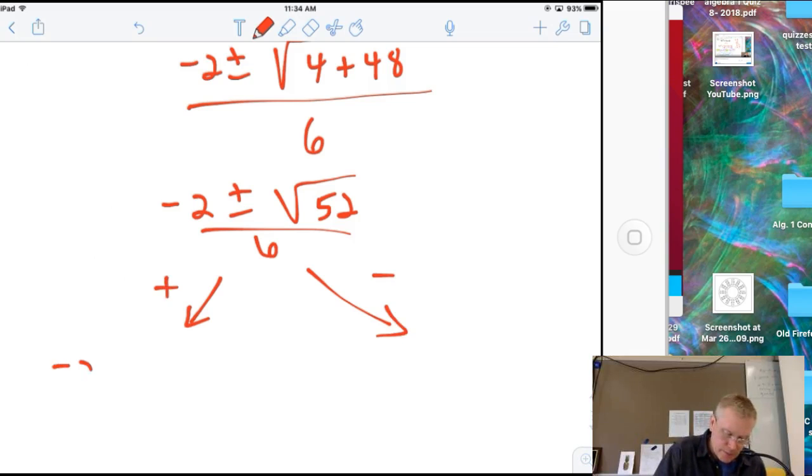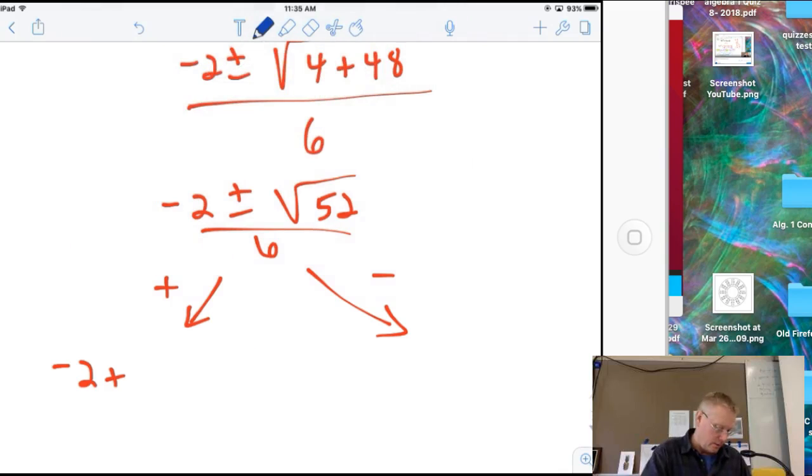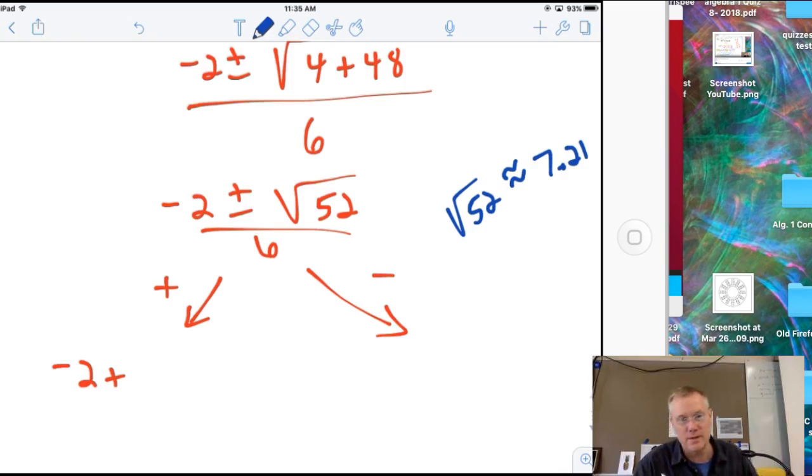I'm going to take the negative 2, I'm going to go plus. So over on the side here, I've taken my calculator and I've gone square root of 52, I'm just going to write it over here, is 7.21. I'm rounding off a little bit there. I'm going to change that equal sign to an approximate sign, a wavy equal sign, which means it's approximately 7.21 because, as I said, that's a rounded off number. Okay, so